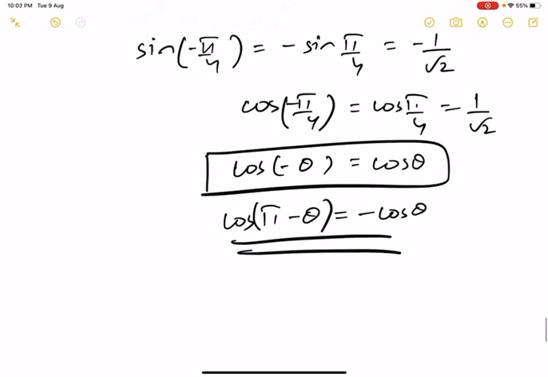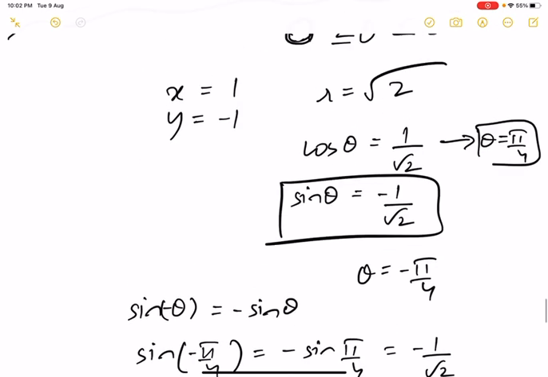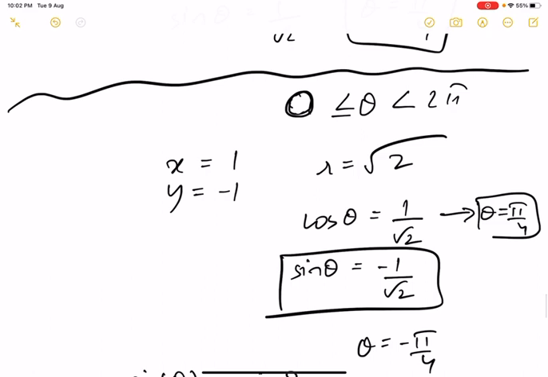So I can see that sine of minus pi by 4 is equal to minus 1 by root 2, and cos of minus pi by 4 is equal to positive 1 by root 2. So for this problem that x is equal to 1, y is equal to minus 1, I want to find r and theta. So I am getting